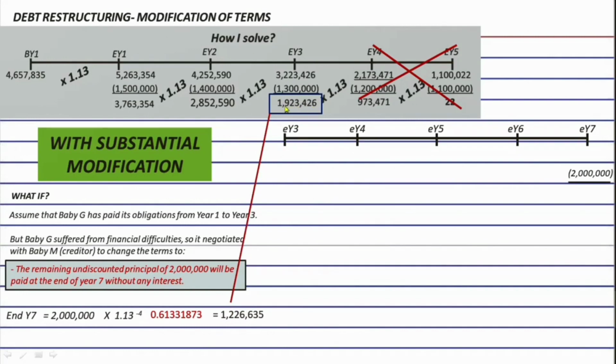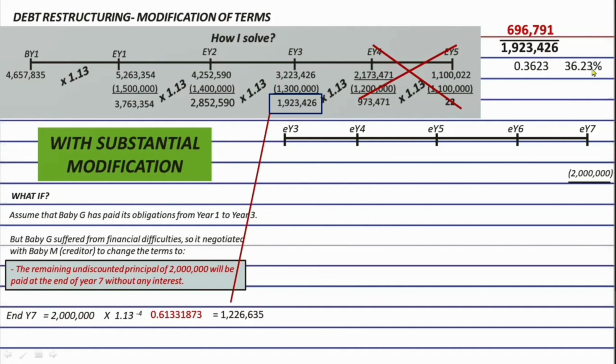is this one, to get their absolute difference. Okay? So the difference of these two is 696,791. And again, it will become a numerator. And then the denominator is the old balance. So 696,791 divided by 1,923,426, and we will get 0.3623 or